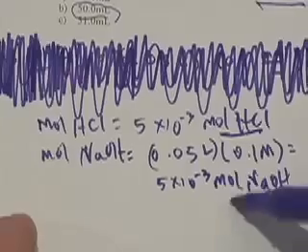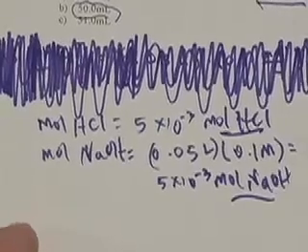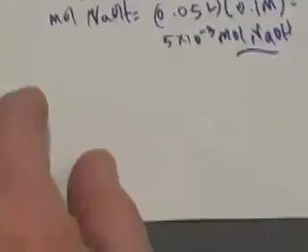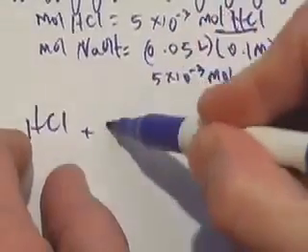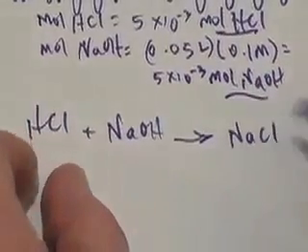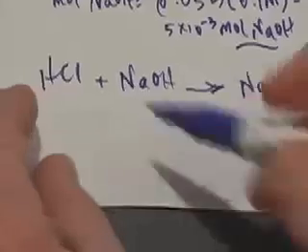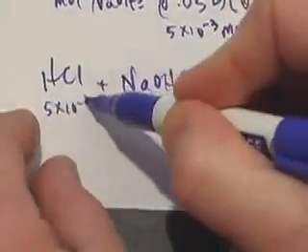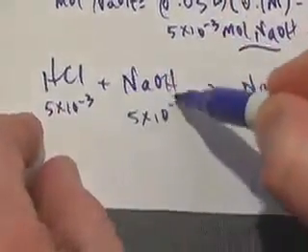So we have an equal number of moles of HCl and NaOH. And if you write the balanced chemical equation for these 2 guys, HCl plus NaOH, and you ice table it, you're going to start with 5 times 10 to the negative third and 5 times 10 to the negative third,